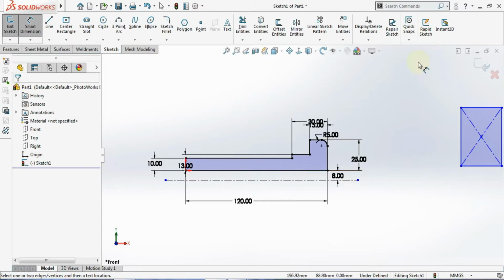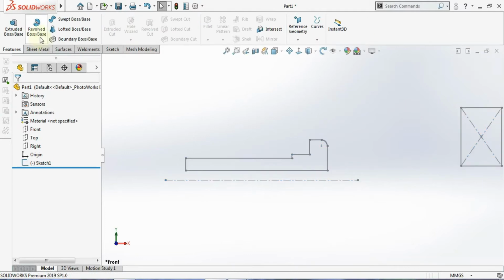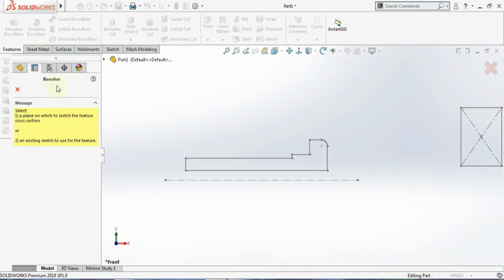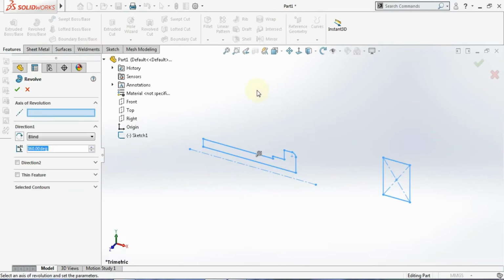Just to show you, exit from this sketcher. Click on exit sketcher. Now I will go for the revolve tool. Click on revolve and it will ask you to select the sketch profile, so I'll select the sketch from here itself. Now it is asking you for the axis of revolution. The shape of the revolved component totally depends on the axis of revolution. You should have knowledge of engineering drawing, like what the cross section of any circular component is. You have to create the cross section only.